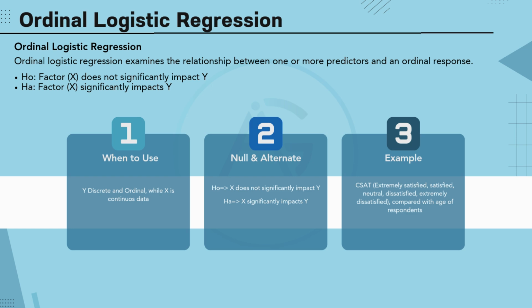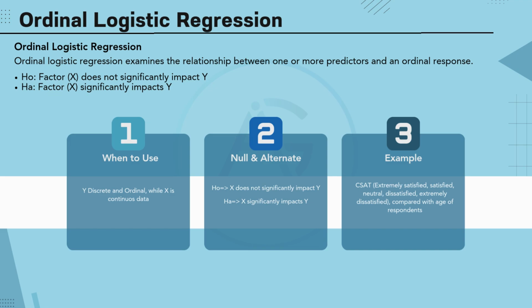Real-world example. A good example is analyzing customer satisfaction, CSAT. Let's say your outcome is the level of satisfaction, ranging from extremely dissatisfied to extremely satisfied. You want to see if that level is impacted by age. Ordinal logistic regression helps identify if age has a statistically significant effect on satisfaction ranking. In summary, use this model when you're working with ordered categories and want to quantify the influence of predictors on